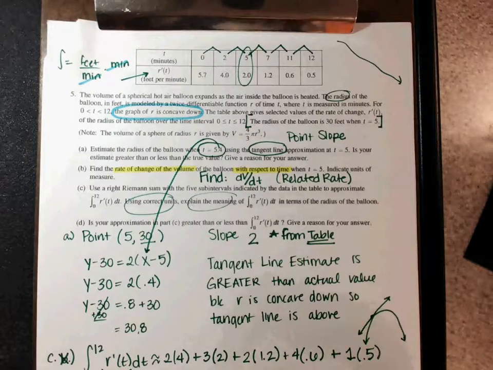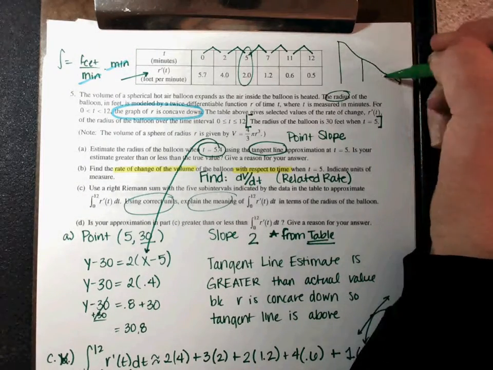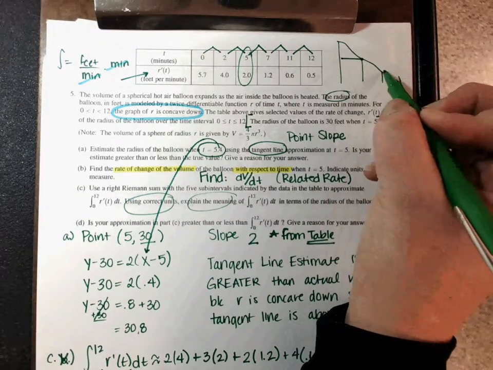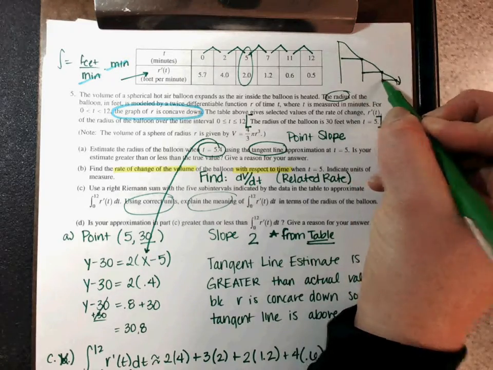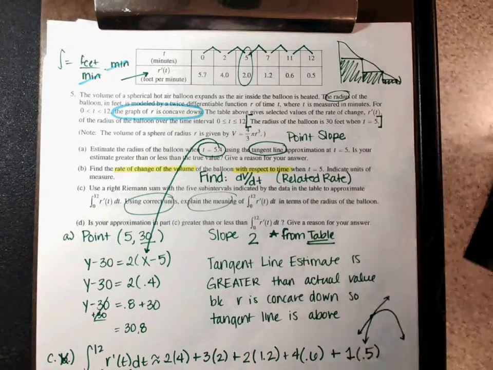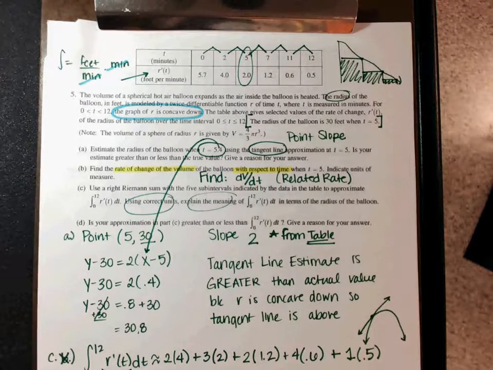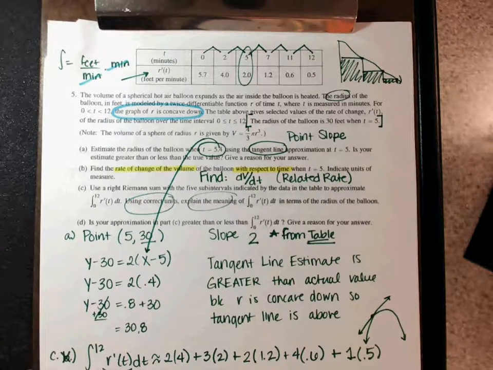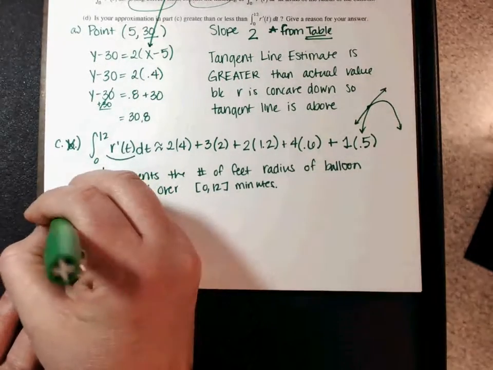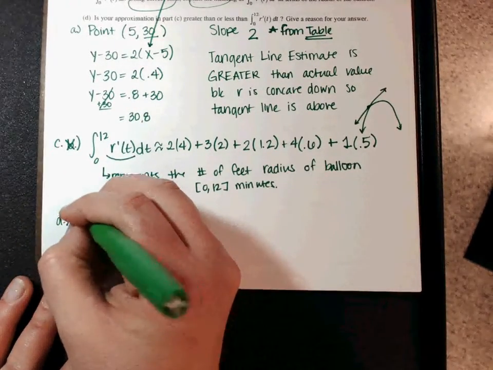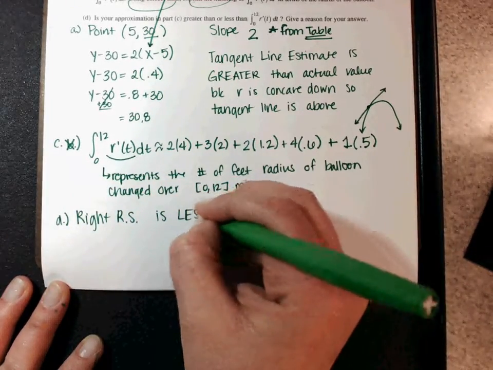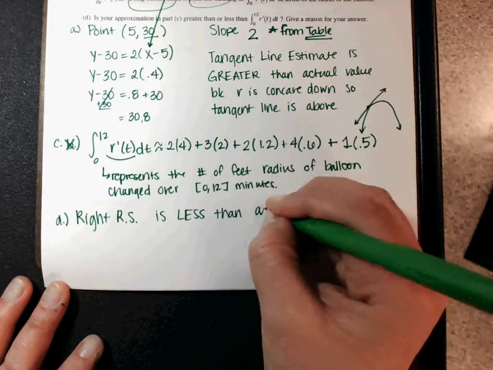Right. The right side. So I'm going to splice it up just into a couple pieces. And then I'm going to use the right side. So right side cut across, right side cut across, right side cut across. Okay, how does the area of each of my rectangles compare to the actual area? Is it too big or too small? Too small. So I would say for my estimation, it is less than the integral. Okay, so my right Riemann sum is less than the actual value